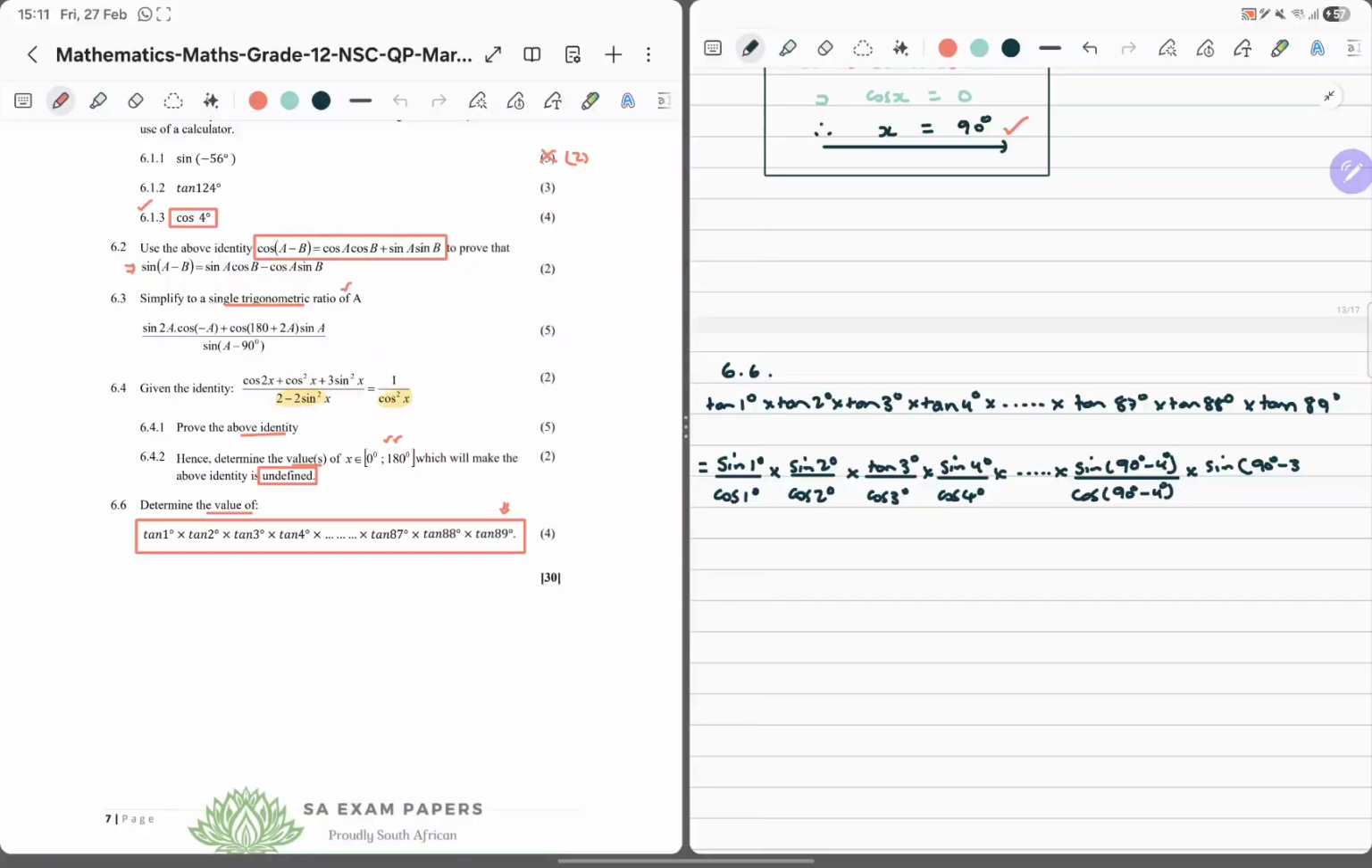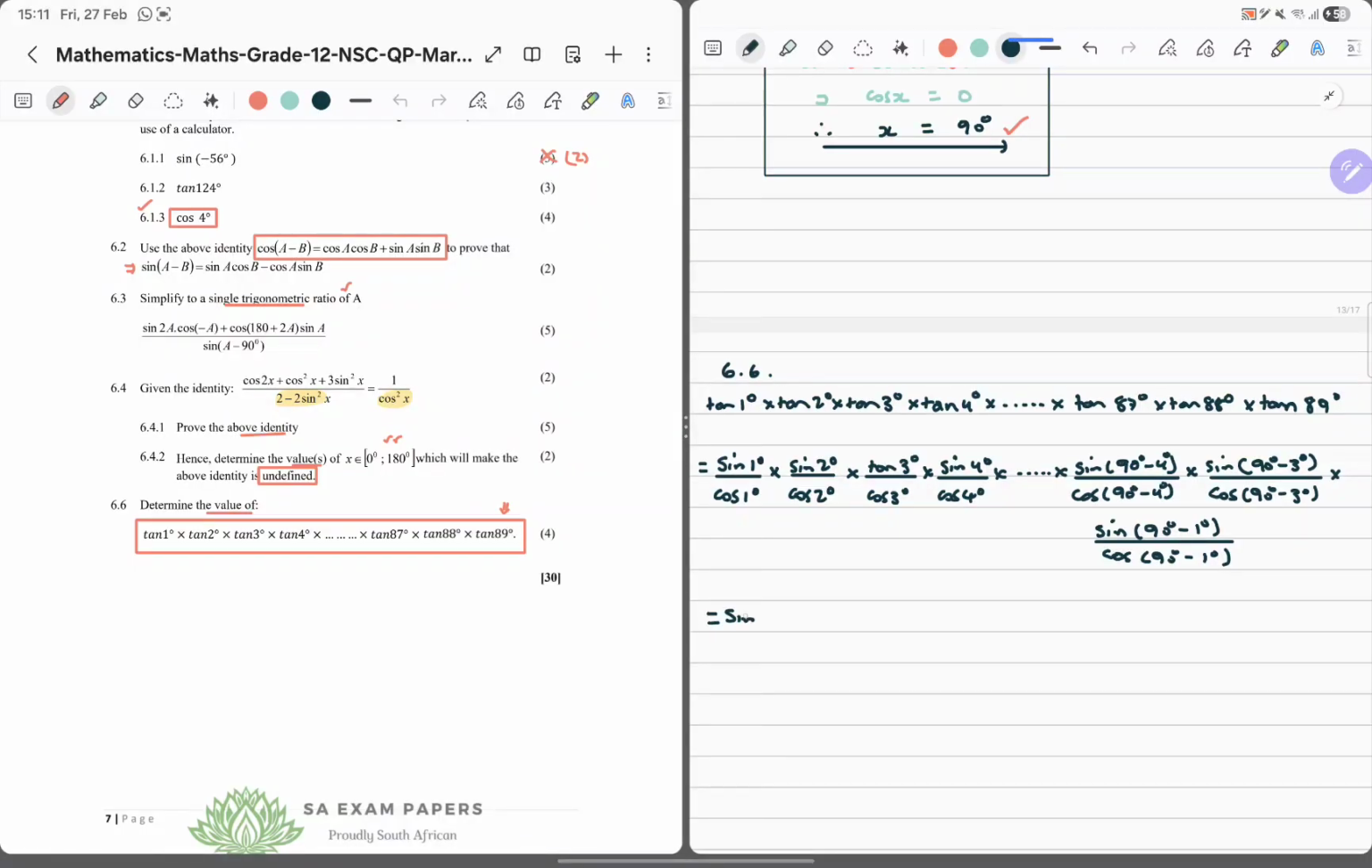Okay, what am I doing now? This is 86. 86 is 90 minus 4. 87 is 90 minus 3, okay. All divided by cos of 90 degrees minus 3 degrees multiplied by, this is going to be sine 89 is 90 degrees minus 1 degree divided by cos of 90 degrees minus 1 degree. Now we can already see what's happening here. When we reduce,